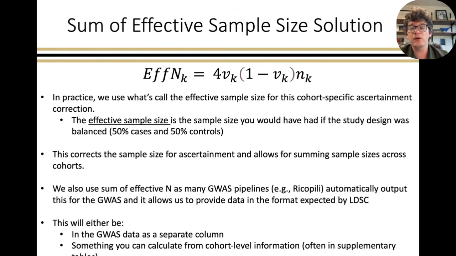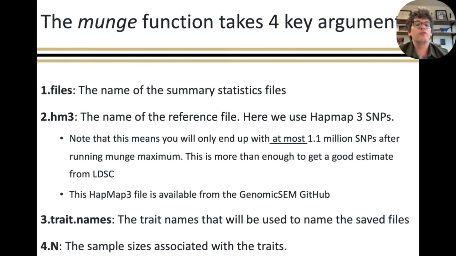And it's also something that you can calculate from cohort level information, which will often be deep in the supplementary tables or materials. And finally, in the Plan C option, you can directly back out the sum of effective sample size from the data. And we're going to look at an example of that for MDD in just a minute in the code. Before that, the last thing I wanted to go over in the slides is that the munge function